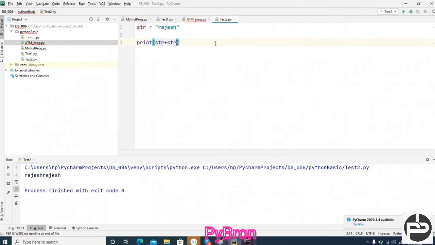So what output are we getting? Let's suppose you want to print Rajesh 5 times. So what you can do? Plus str 5 times, right? No, it is not like that. You can type into 5. Are you getting it? I am able to print Rajesh 5 times. Got it? So this you can also do.